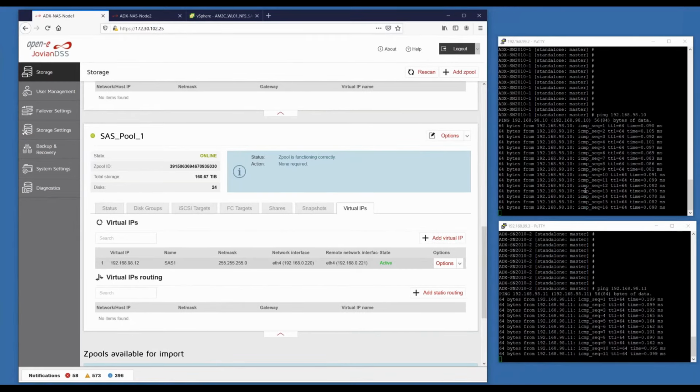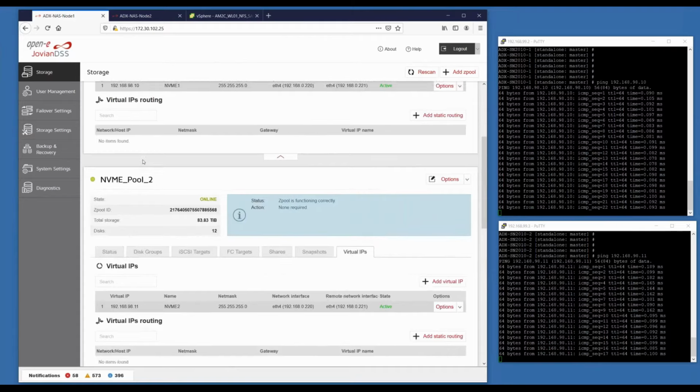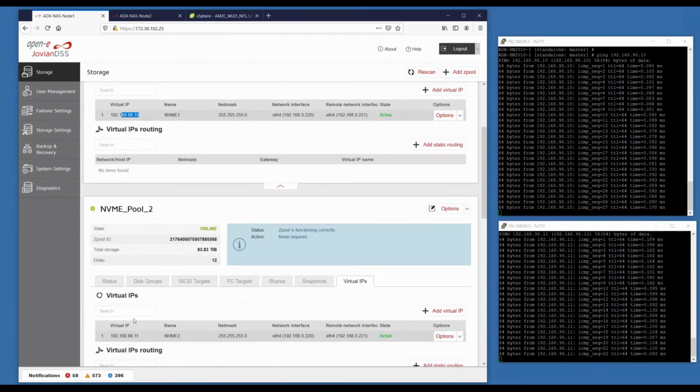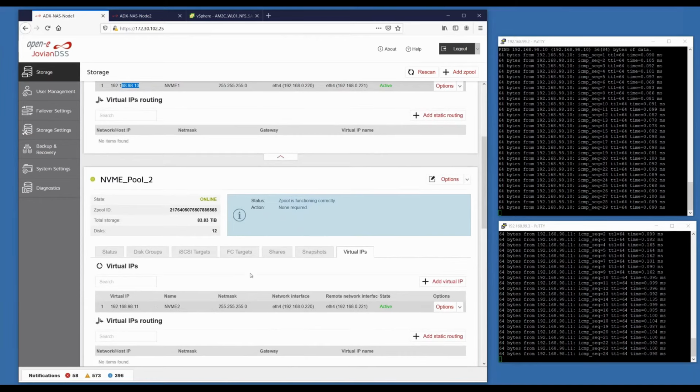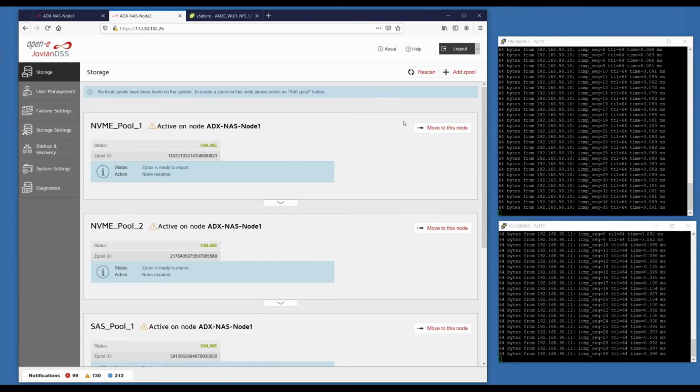I see the pings. Now those are the virtual IP addresses, right? These are the VIPs. These are not any direct IPs. Like I said, if you track the IPs over here, you can see 98.10 and 98.10, 98.11 and 98.11. So this is my primary pool, my primary node, as you can see up here. I'm going to go to node 2, and I'm just going to grab that first node.